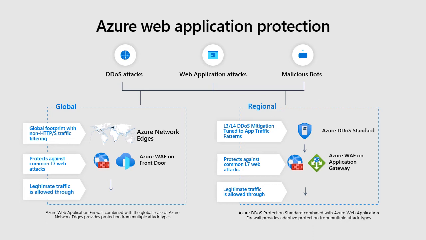protects you against that. From a regional standpoint, if you are running your application not on many regions, but only in, say, one Azure region, you can actually use Azure DDoS protection. And again, I will talk more about that later. And then the web application firewall using Application Gateway. So these are the typical combinations depending on where you have deployed and how massive your deployment of your application